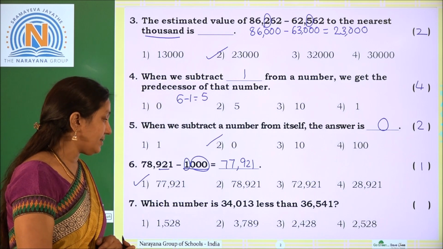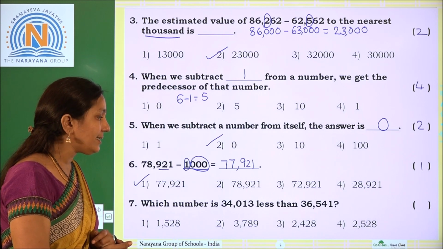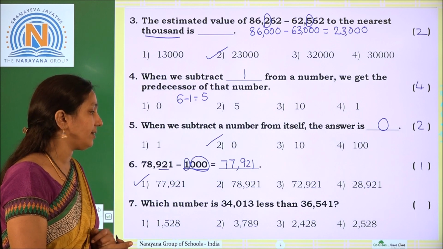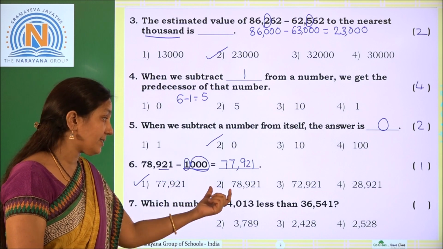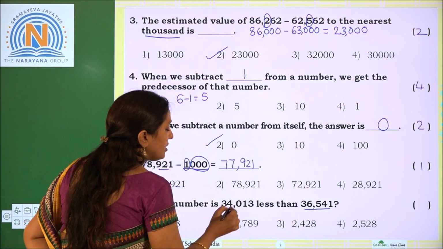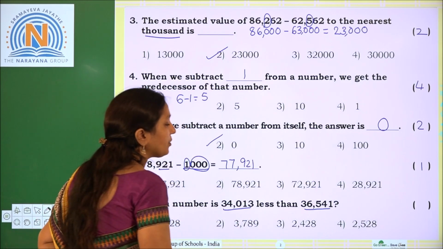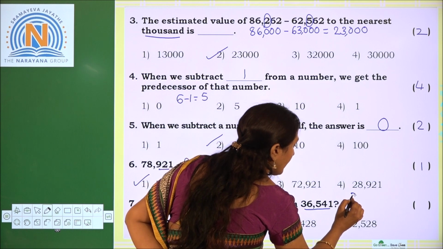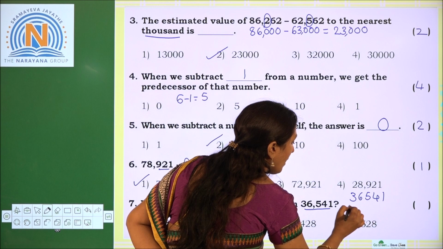Which number is 34,030 less than 36,541? So which number is, means here, less than. So which is the greater here? 36,541. So this number is smaller than that number. So what we have to do here? We have to subtract 36,541 minus